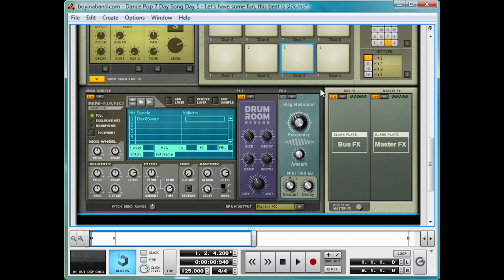Now after this you can see I've got this ring modulator here, which gives an awesome tightness to the sound if I play it without the reverb. So before the ring mod, and after, just tightens it up and takes it down a little bit. If we have it with the reverb,